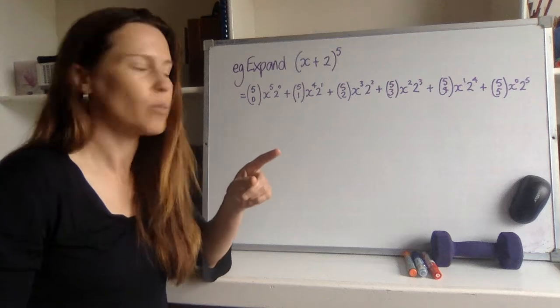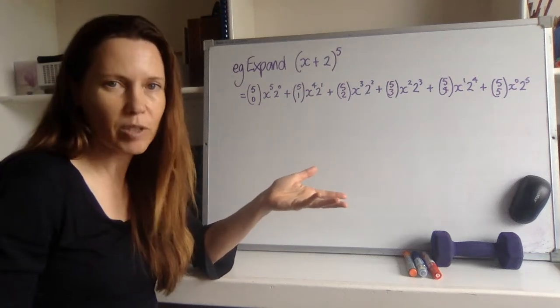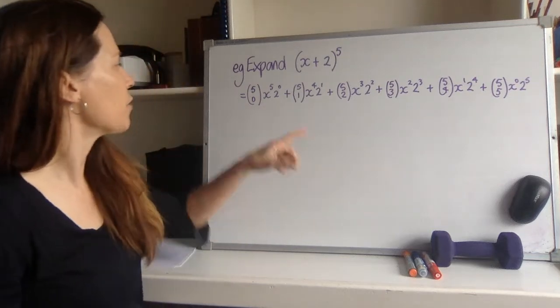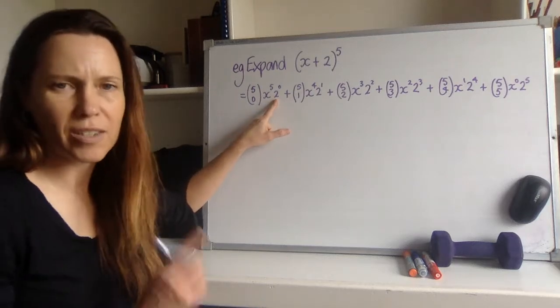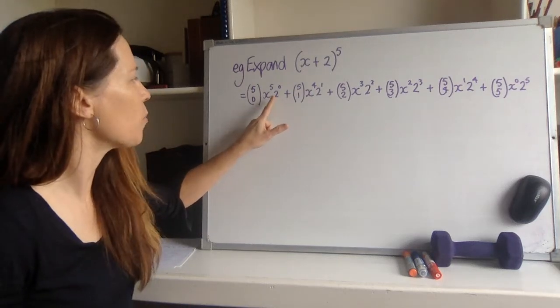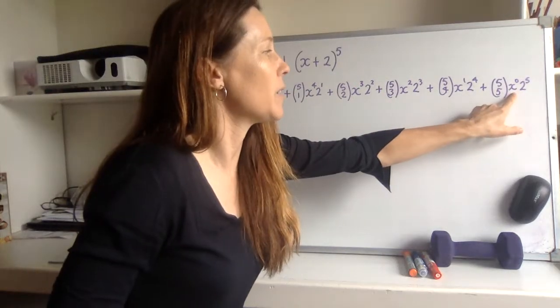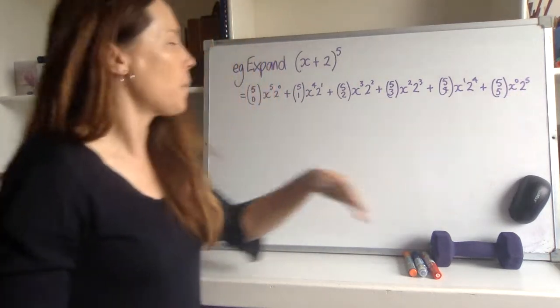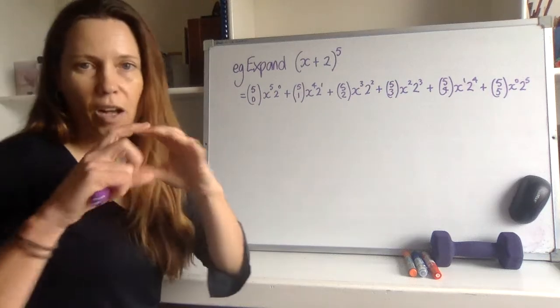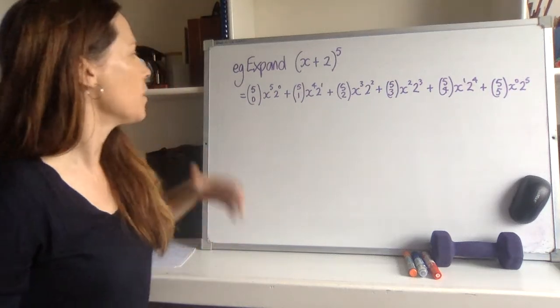Now, you'll notice that when you've done this for a little while, there's some terms you're not going to bother to write down. For example, 2 to the power of 0 is just 1. And so if I've multiplied 1 by these other parts, I'm not going to need to write that. Similarly, like up here, I've got x to the power of 0. But there is some value in writing the whole thing out, especially when you're learning, because it's a really good